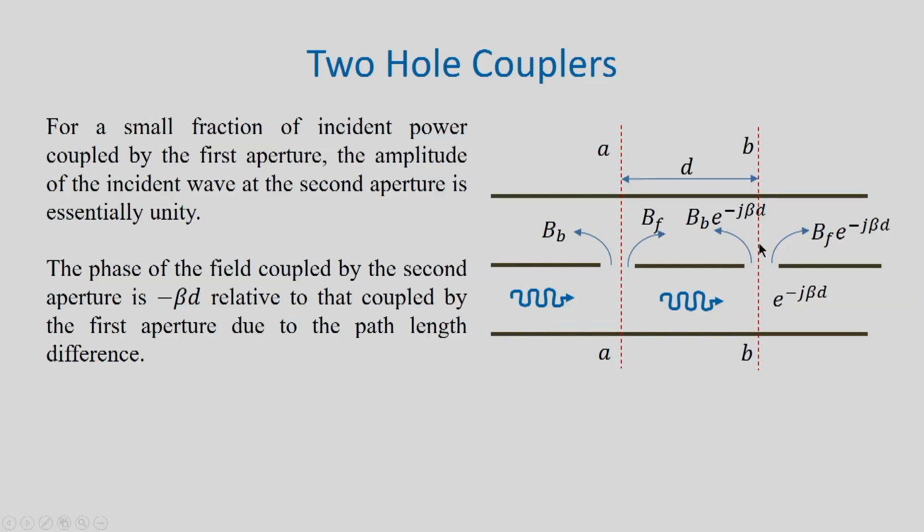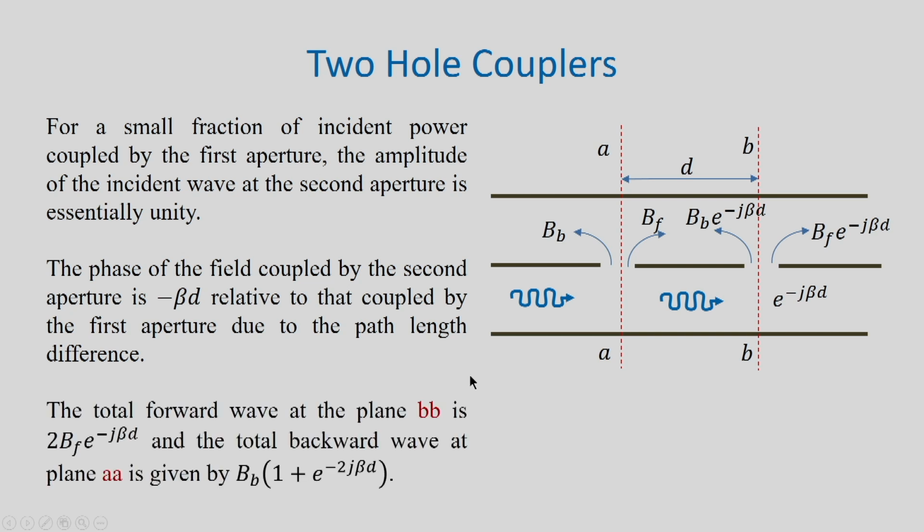So, what we observe is that in this plane BB, the coupled waves from the first slot and the second slot appear in phase and they are given by BF e to the power minus j beta d. Whereas, regarding the reverse wave,